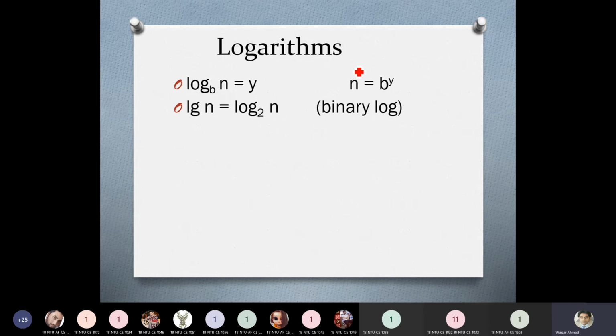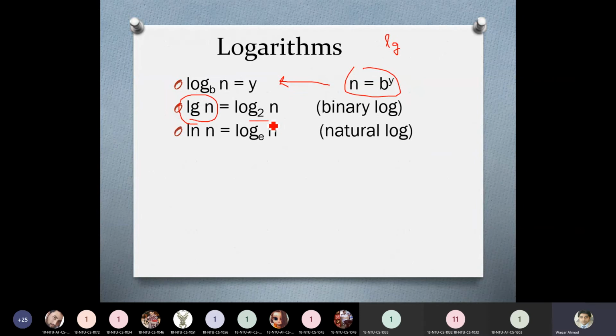You know that if we have a term like this, it can be replaced with this term, and it has many properties. Most of the time we will be using the binary log, and it will be written using this term. You may have observed that I'm using the term lg only. lg is used for the binary log, or log with base 2.